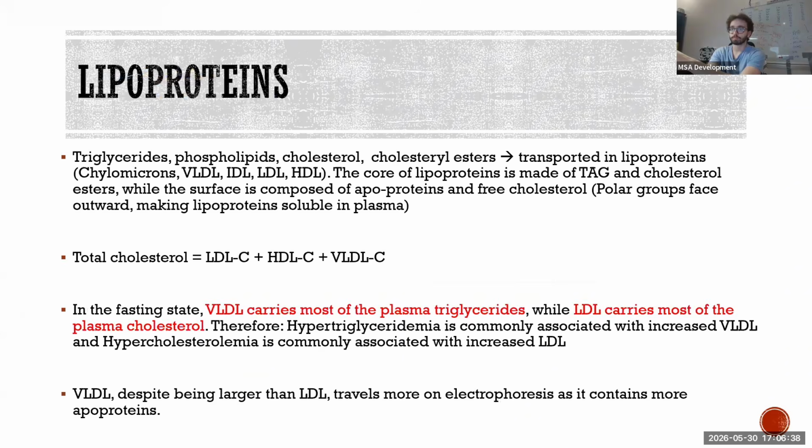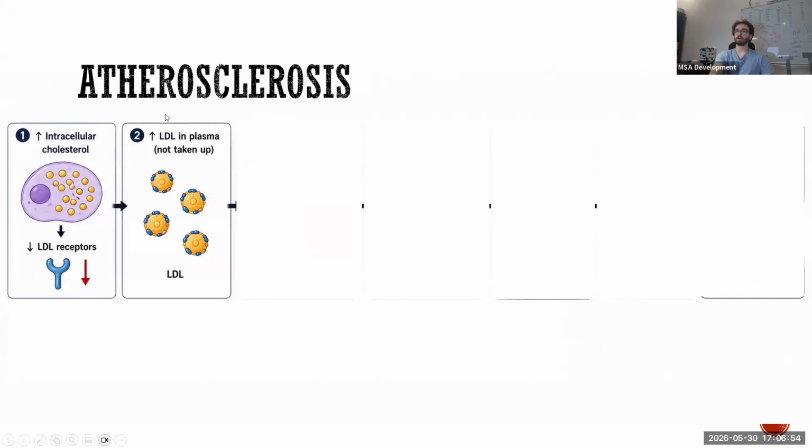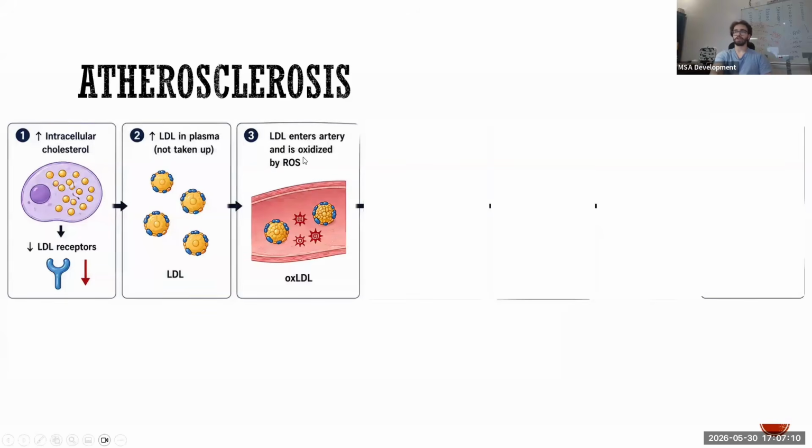So in atherosclerosis, we have too much cholesterol in the cell, which will lead to cholesterol inhibiting the LDL receptors. So we will no longer have receptors that take the outside cholesterol. What will this lead to? It will lead to the LDL cholesterol that is outside the cell building up and increasing, which is all fun and games, but there is a problem. When cholesterol is inside the cell, it is safe, it is esterified. But when it's outside the cell, it's not safe. It enters arteries and gets oxidized by reactive oxygen species. So it becomes oxidized LDL.